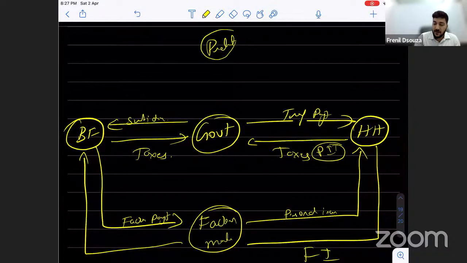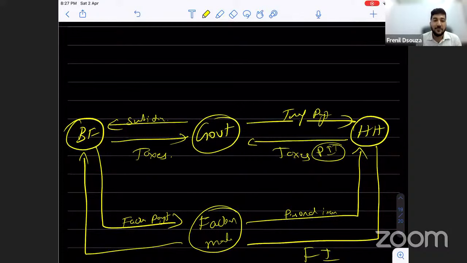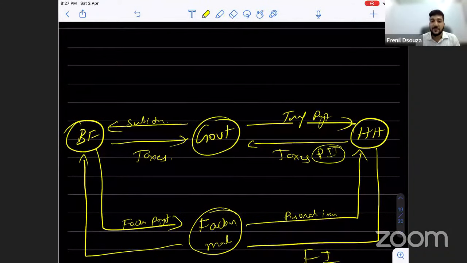What happens in the product market? One second. Please excuse my handwriting. Whenever I'm talking fast, I write fast. Sometimes it becomes illegible. You shouldn't take that example and take the inspiration and do the same thing in the examination. Whatever you write has to be extremely legible, so that the examiner, the invigilator who is going through your answer paper, will understand what you've written. For me, no problem as of now. As long as you understand the concept, I can take the liberty of writing fast, and sometimes it becomes a little illegible.